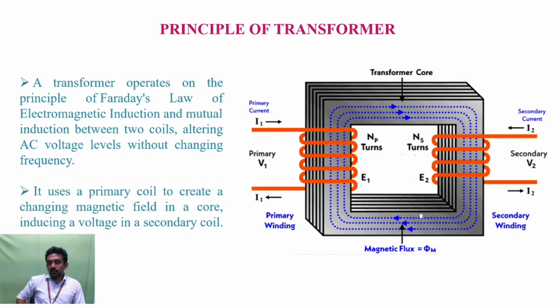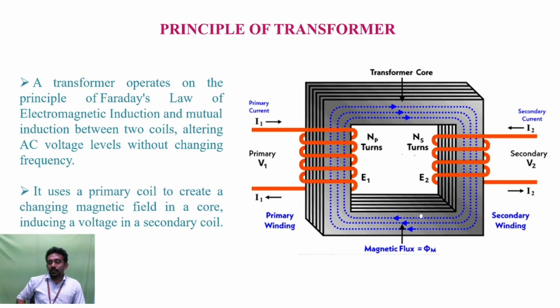A transformer works on the basic principles of Faraday's law of electromagnetic induction and the mutual induction between two coils. So here there are two coils. The initial one is primary and the second one is secondary. The primary coil has a number of turns, termed NP, the primary number of turns, and the secondary has a secondary number of turns. The main thing is that only the level of voltage is adjusted between the primary and the secondary